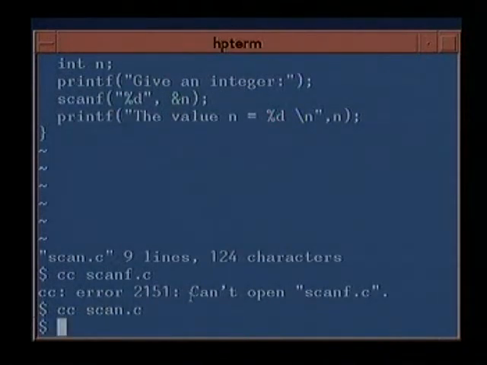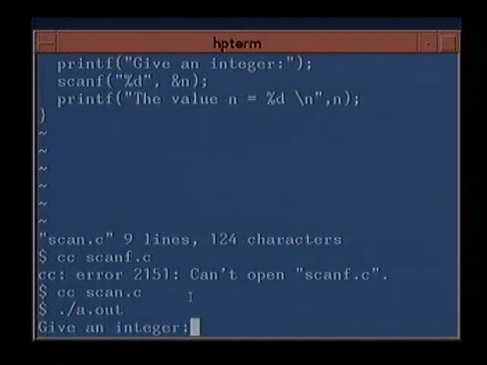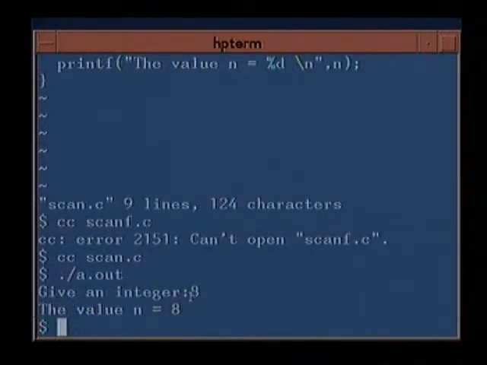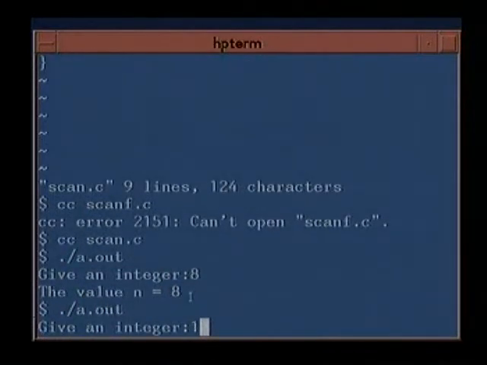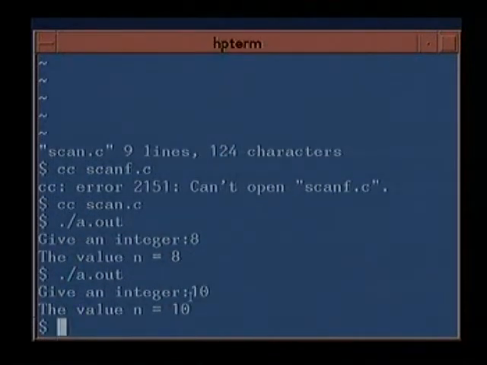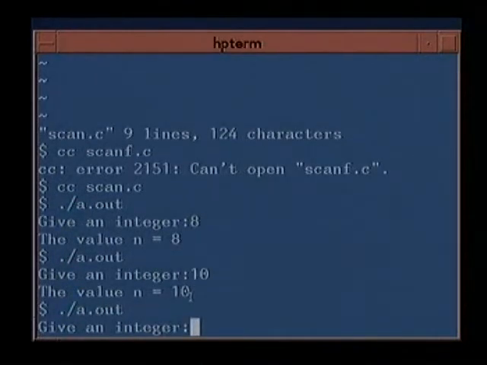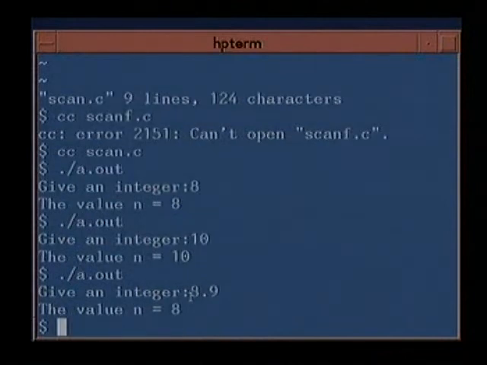So we have compiled it, scan.c, that was the name of the file, and the executable is a.out. It says give an integer, and if we give 8, it prints the value of 8. Again 10, it will give the value of 10, and if you give 8.9, it will give you 8,